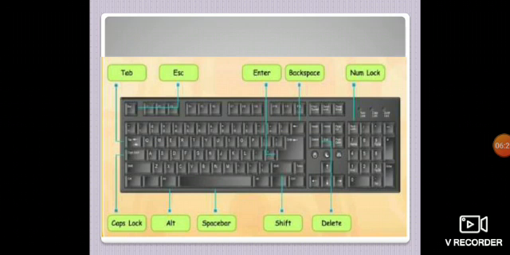The enter button is basically used to move to the next line. Like, I am writing "The boy is playing", and I want to write the next sentence, "The boy is eating something". If I want to write those two sentences on two lines, I will press the enter button.